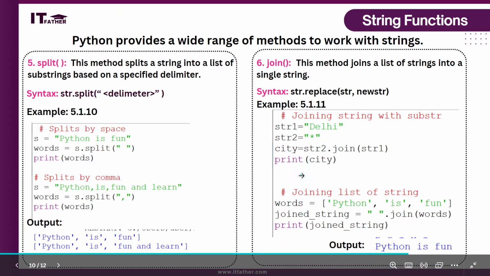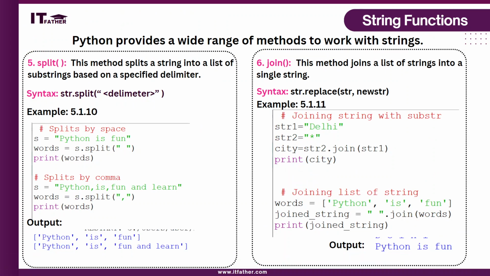Now next we have here the split function. A split function is also a very good function in string, which is used to split the string value, and the split value will be converted in the form of a list. Automatically a list of split words will be created in Python. So by default, first of all let us check the syntax. Syntax is